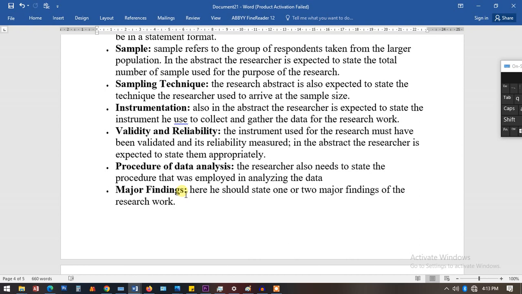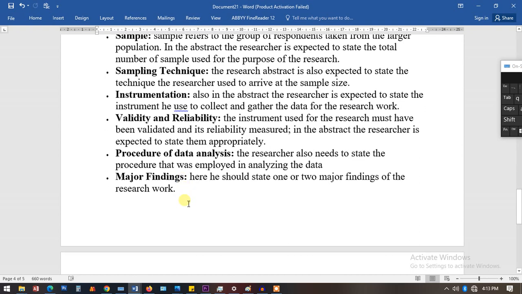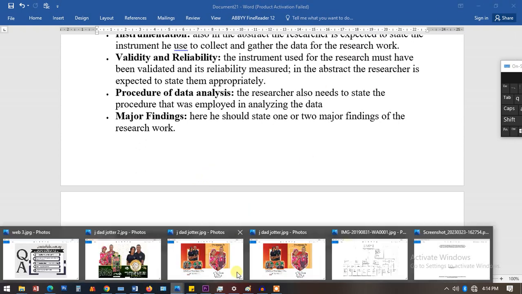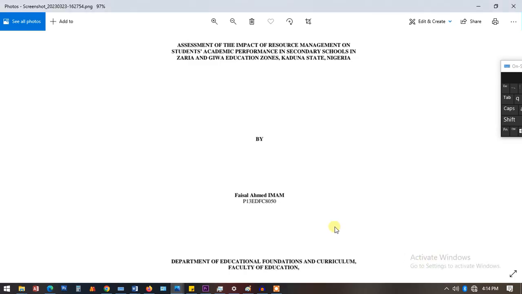Also, it is expected that he should put major findings. At least you can pick 2 or 3 major findings that you got. And also, it is encouraged to put at the end of the abstract, you can mention some of the recommendations that the study profile. So, looking at an example, I would like us to take a project and we look